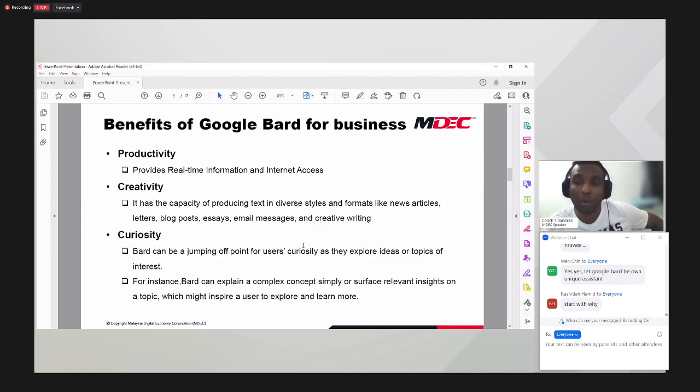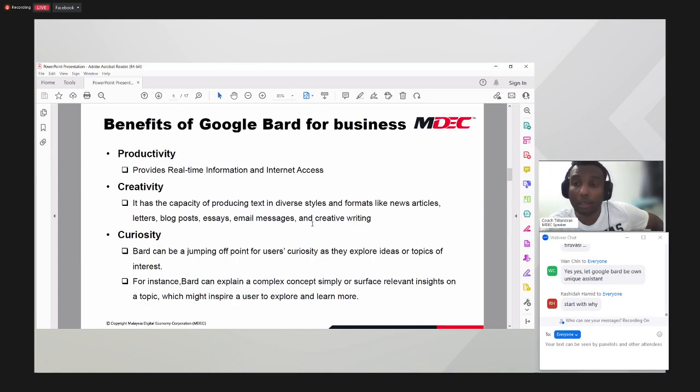All right, that instinct must continue. No matter how old you are, no matter what you are doing, no matter how rich you are, no matter your background, that instinct must continue in your life forever. Sebab benda tu, bila you ada curiosity, you akan continue to grow. So Google Bard will be a right tool untuk you all dapatkan maklumat-maklumat yang you all mungkin tak pernah terfikir nak tanya.